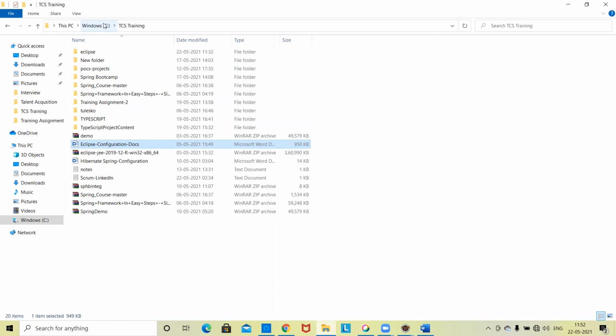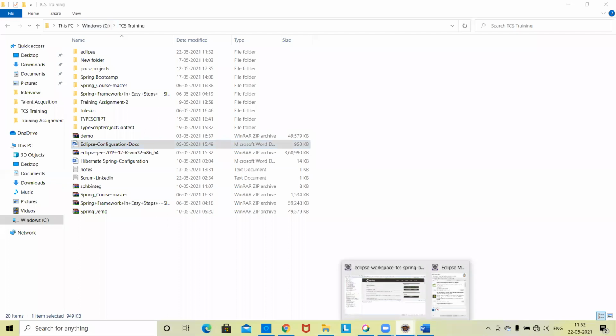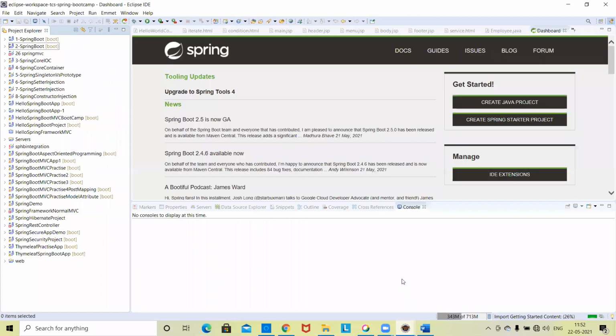I have clicked on finish, but it's not showing like on your screen. It's not showing like my screen. Just under the package explorer, another package is created called Hello Spring Boot. That's it.